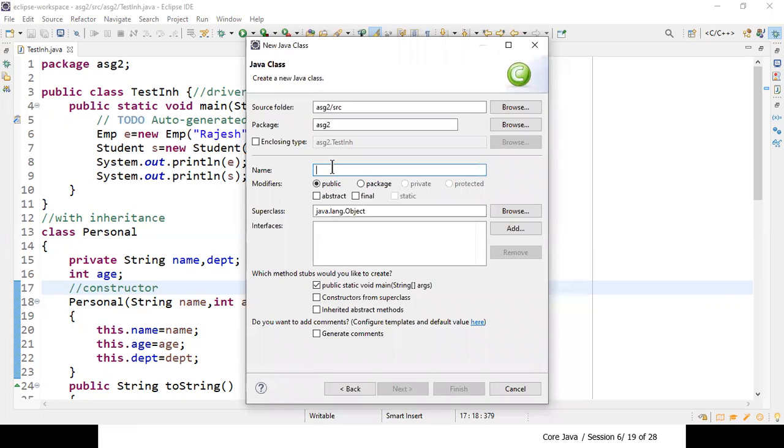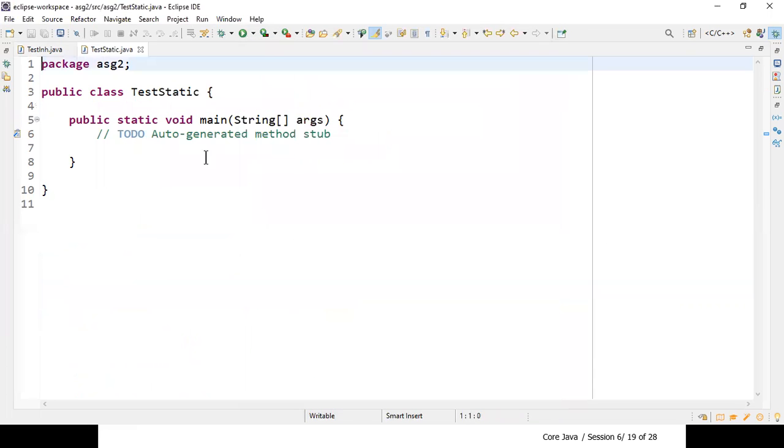I'm going to define the name of my class. Let us say I'll write it as just static, then I'll say finish. You'll see that it creates a new class, TestStatic, the class name. Now, a very important thing you need to remember is that the main method is also a static method. That means the main method is called by the JVM, or the JRE, for us, without creating an instance of this TestStatic class.